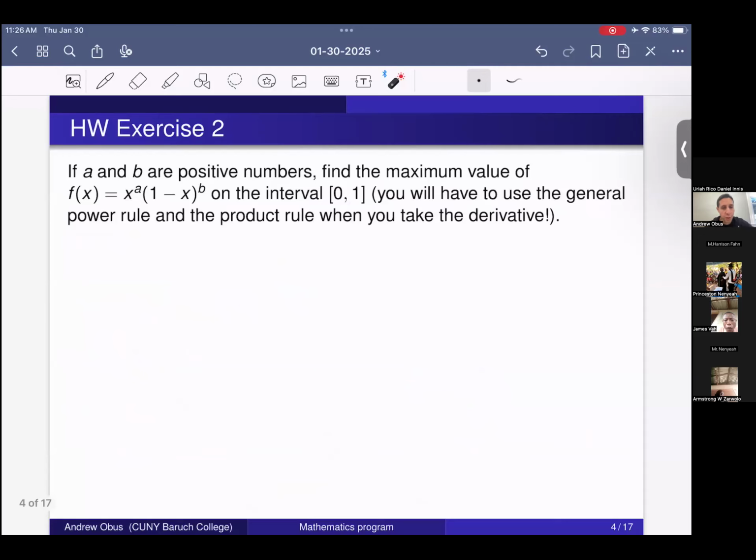So exercise number 2. If a and b are positive numbers, find the maximum value of the function f of x equals x to the a times 1 minus x to the b on the interval 0, 1. In this case, we'll have to use the general power rule. Remember, the power rule just means it works with any number in the exponent. It doesn't need to be an integer. And oh, actually, I guess